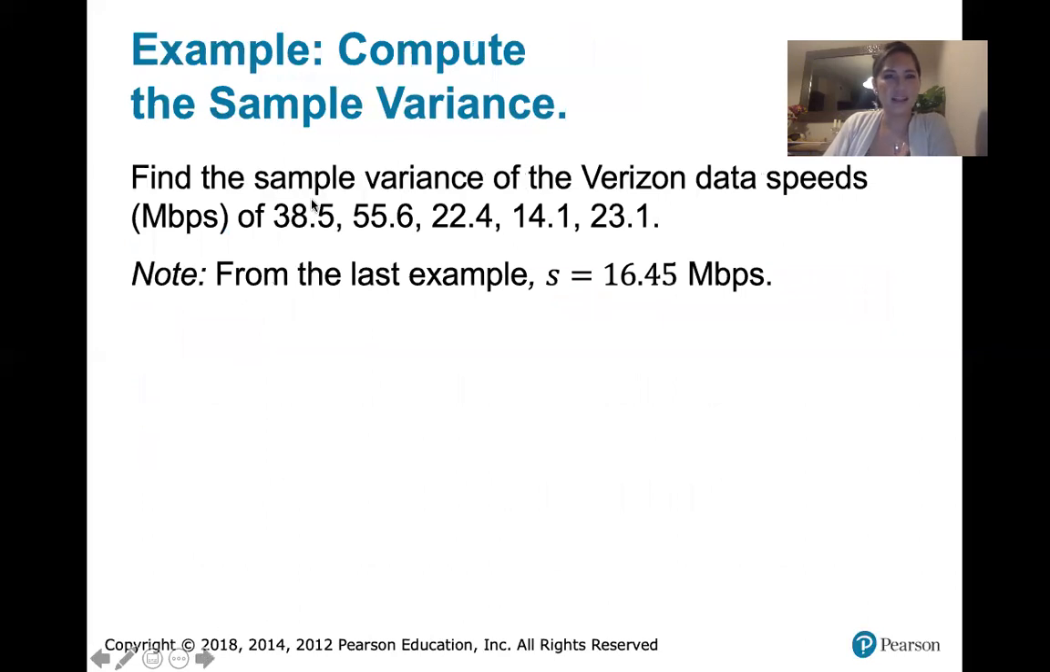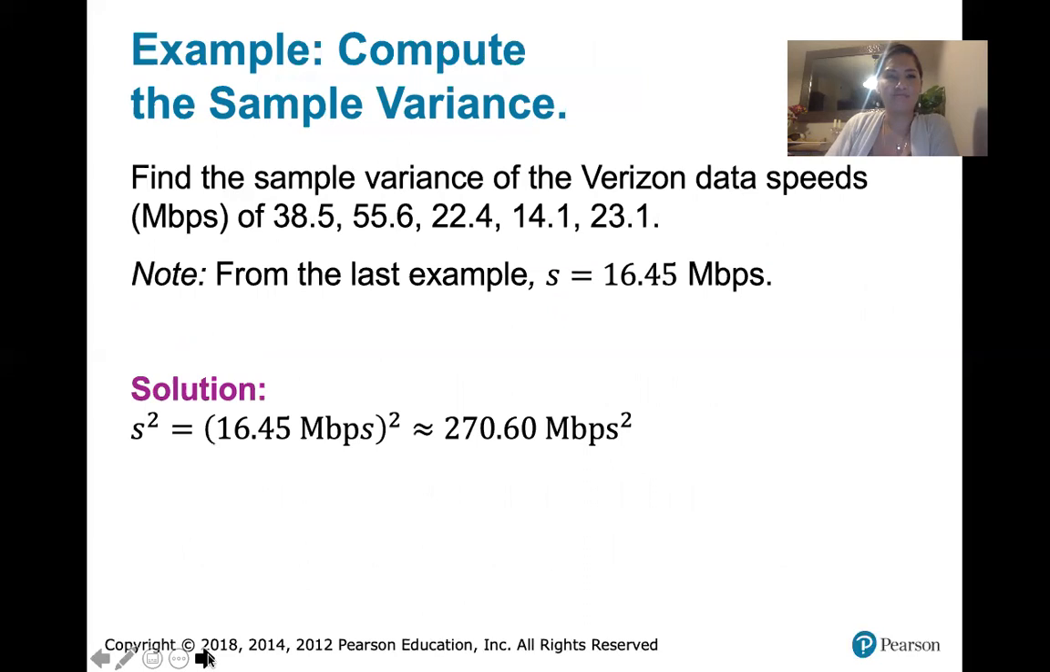So in this one, we're asked to calculate the sample variance. It says, find the sample variance of the Verizon data speeds. It's the same data speeds from before, and we've already got the sample standard deviation. Well, then it's really easy. If you want the variance and you have the standard deviation, all you have to do is square it. And so we end up with 270.6 megabits per second squared. Again, this is a little bit more difficult to interpret than this,